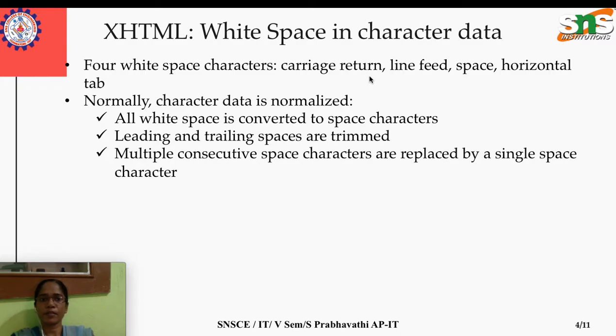How the white space is dealt with by the browser is, as we have seen in the previous section, an HTML document comes under two types of information. One is the markup information, the other is the character data. Markup includes the HTML elements that are enclosed within tags, and apart from the tags, the remaining elements are said to be the character data. Those are the information that is displayed in the browser client area.